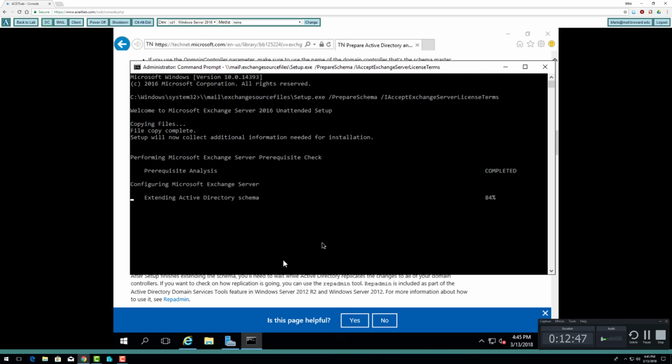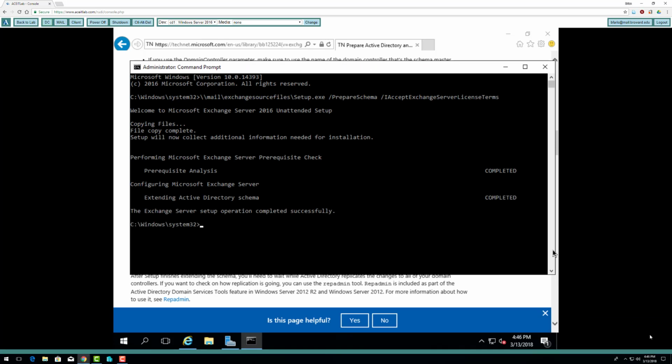I'm going to pause the video. Okay, my schema has been prepped. So now I'm going to prep my Active Directory. Again, I'm going to put the UNC path of the share,